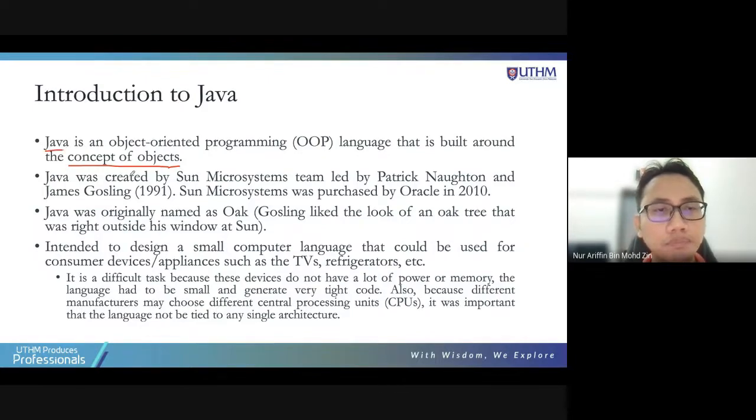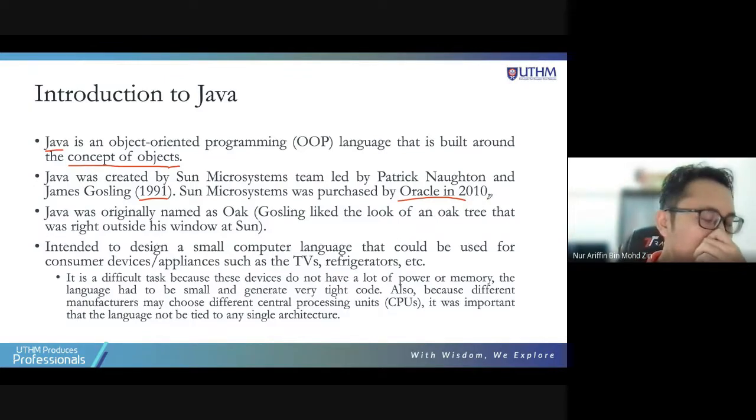Okay, Java. Java was created by the Sun Microsystems team led by Patrick Naughton and James Gosling in 1991. Sun Microsystems was purchased by Oracle in 2010, so now Java is owned by Oracle. If you might be familiar with the name Oracle, Oracle is actually a company that develops